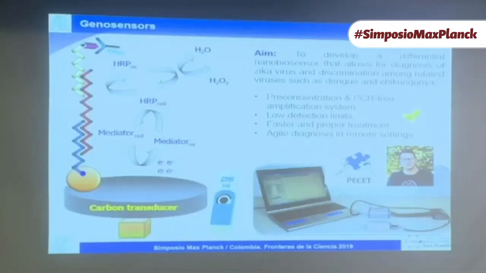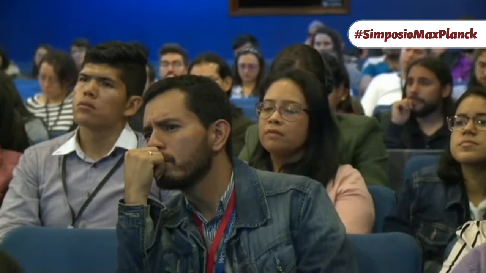So this is a genosensor for detection of Zika, and we can differentiate from dengue and chikungunya. The diagnosis of Zika is very important, especially in pregnant women in the first 3 months of pregnancy, because the newborn can be delivered with microcephaly or other congenital problems. The symptoms from Zika, dengue, and chikungunya are very similar, so it's very important to distinguish Zika from the other viruses. For this purpose, we use magnetic nanoparticles decorated with neutravidin and attached to a biotinylated captor probe.